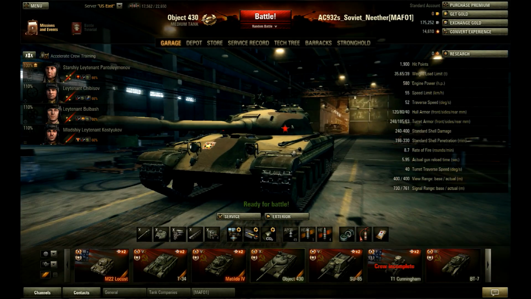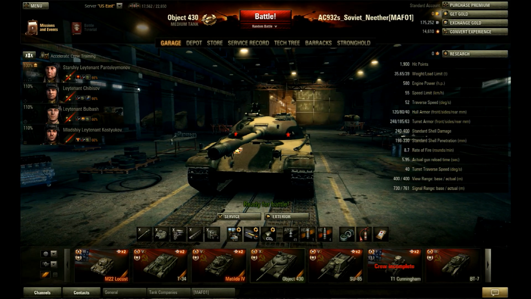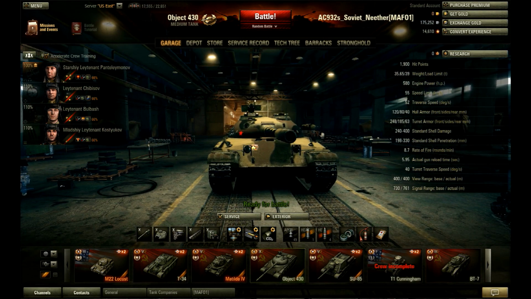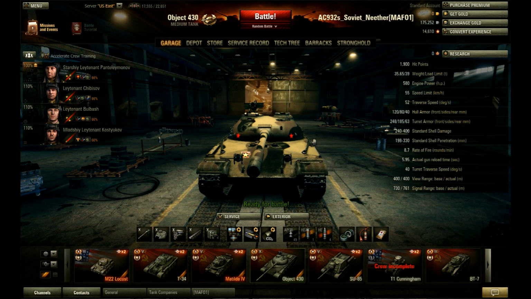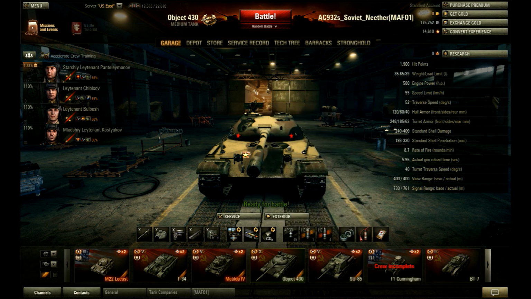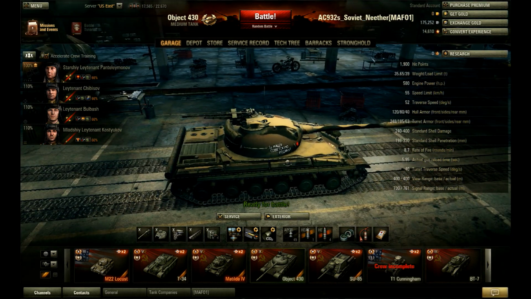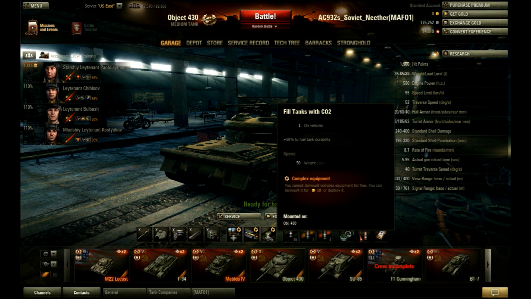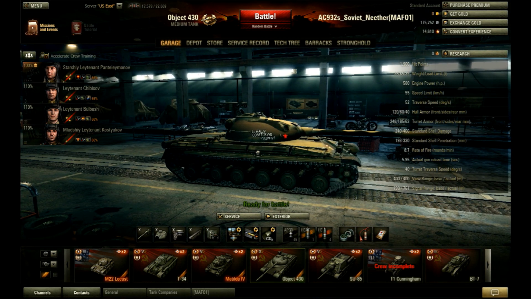As far as equipment goes on this, I do have a vertical stabilizer because the gun handling on this tank is not particularly good. It gets very inaccurate as you're turning the turret, although it seems to be okay going on the move. I have a medium caliber tank gun rammer because, you know, it's a very good thing to have. It decreases that reload by about 10%. And I did have vents on this, but I've gone with fill tanks with CO2 because